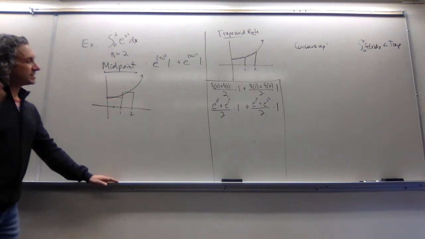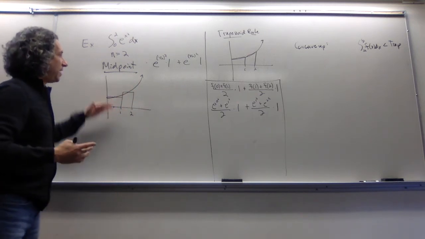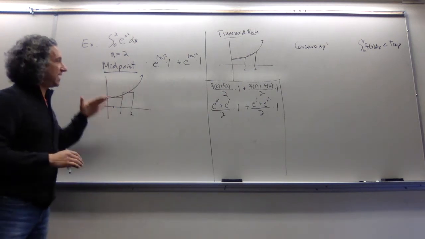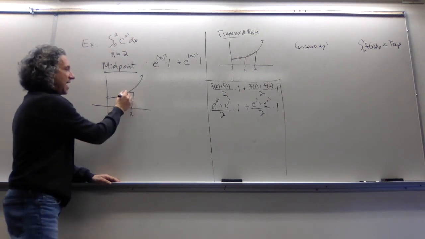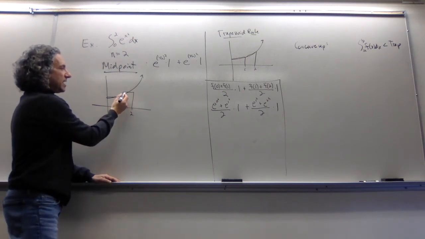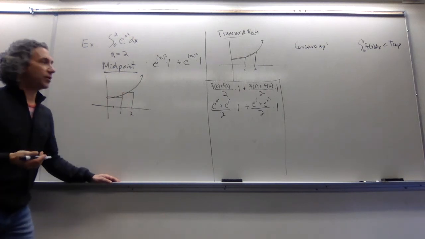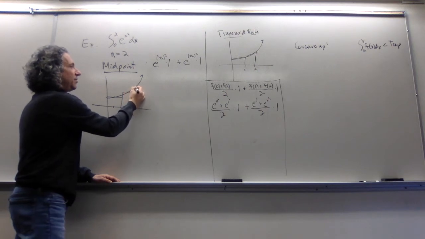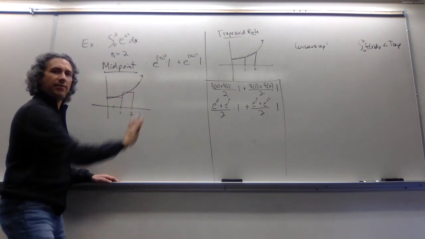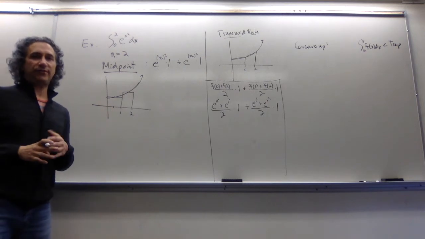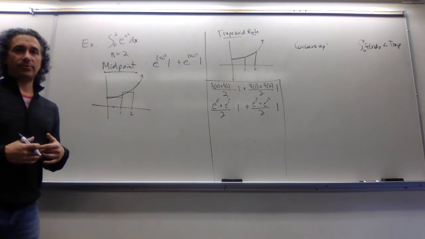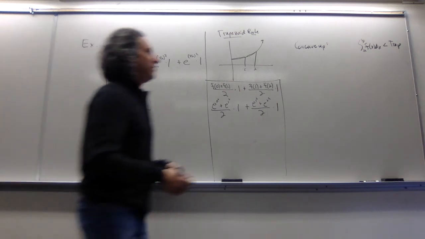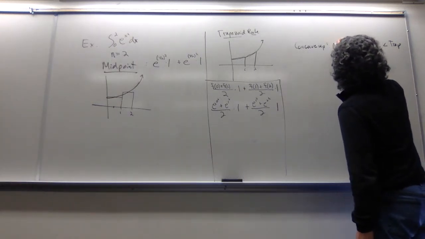If the function is concave up, then in this case my function's increasing, and it's increasing faster and faster. So that means that if we look at just the halfway point, it looks like I'm overestimating here because my rectangle is above the curve, but then I'm vastly underestimating it here because, again, on the second part, my function's increasing faster and faster. So as a net, this is going to be underestimating the integral. Again, it's a little bit tougher, I think, to see than the trapezoid rule.